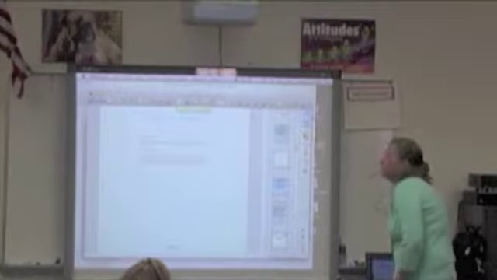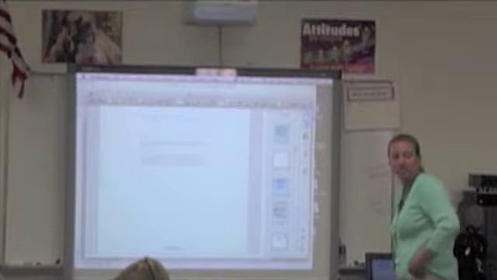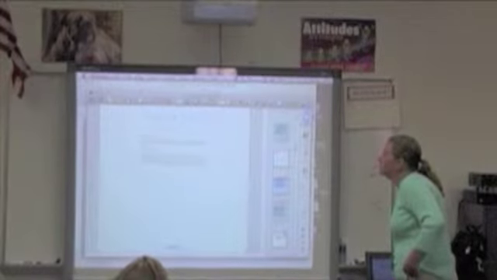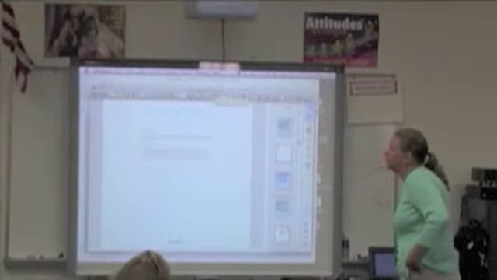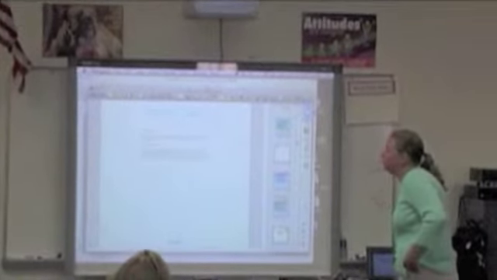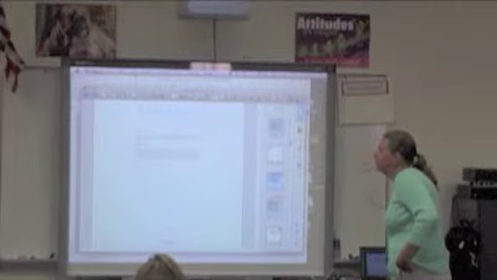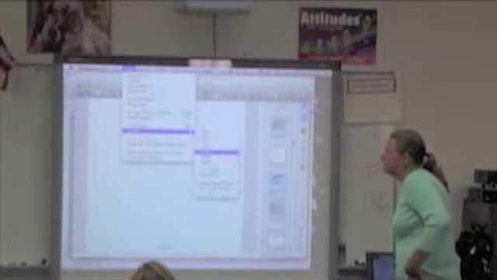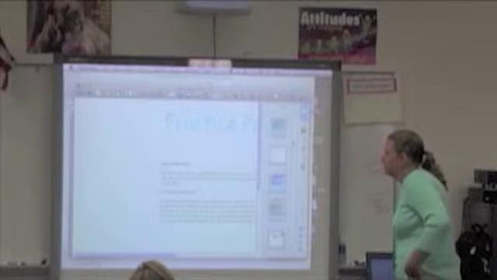Now I'm going to make this a little bit bigger so that you can actually see it. And there's a couple ways to do it. There's actually a tool that we can put on the toolbar for you. But if you don't have it available right now, you can do a zoom and say I want to do it to 150% so that we can actually get a good view of it.